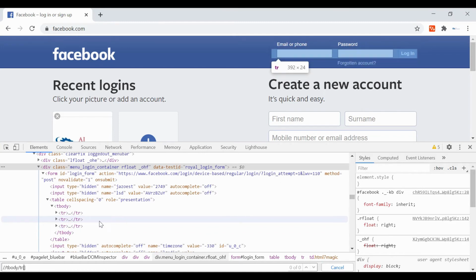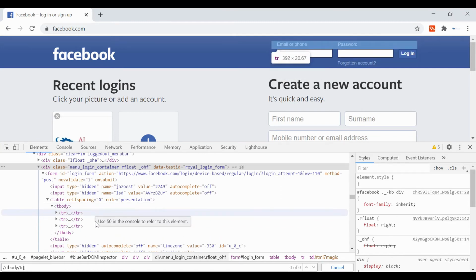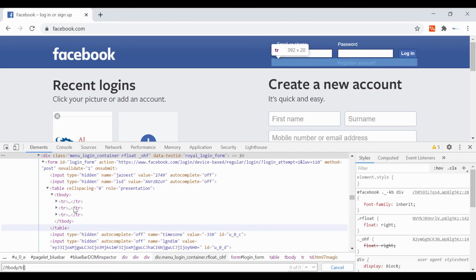For example, for this table, let's say there are 50 rows available, which means 50 children. Without using the 50th index, you can go directly to the last one by using this last function. As you can see, it is highlighting the last row.